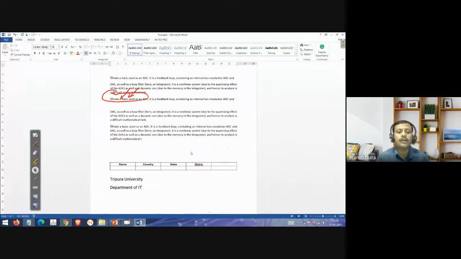Only I want the Tripura version. So I'll just click this, and it is removed. But again, suppose I want the previous one only, so I'll click this one, and it will redo it. That is a very simple way. How can you do this?